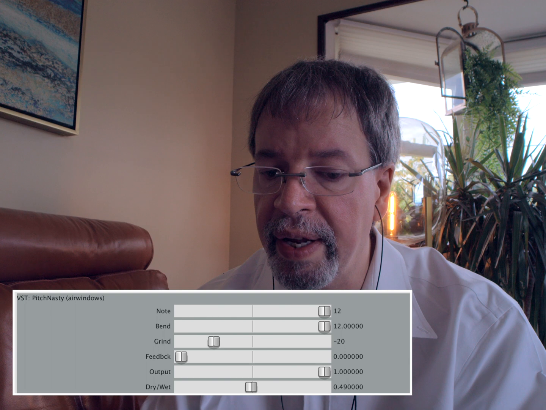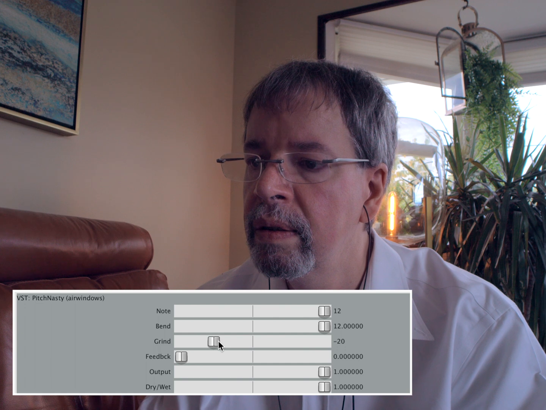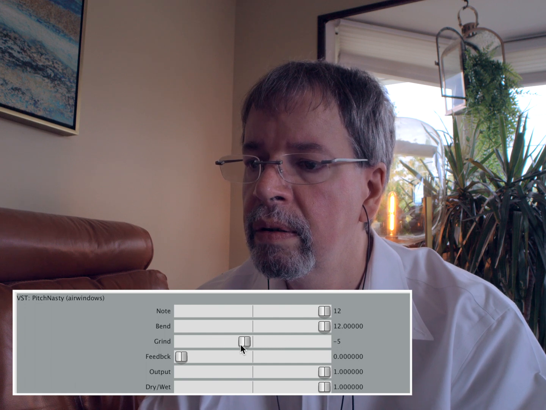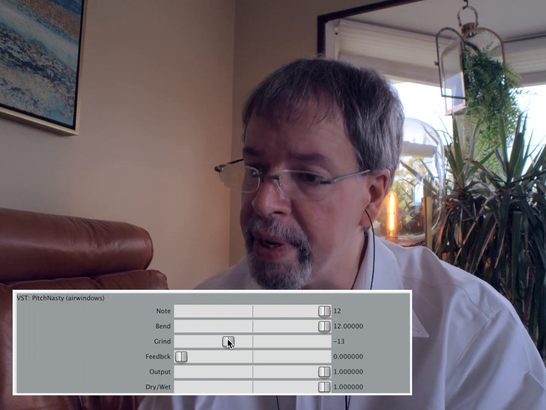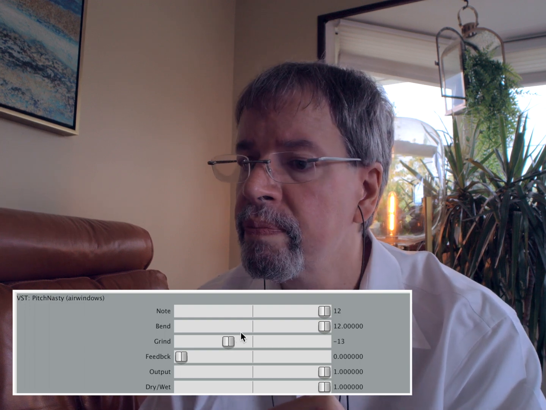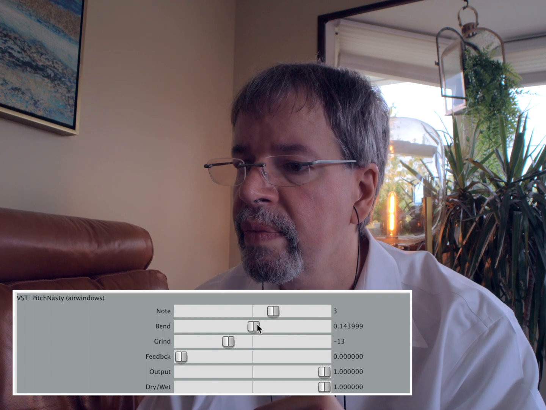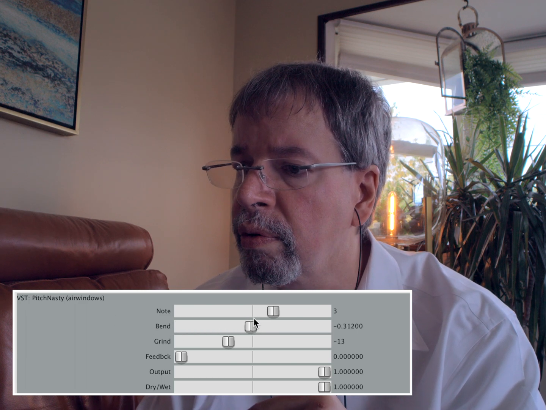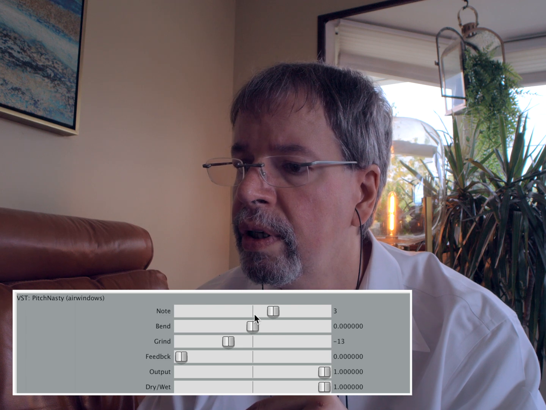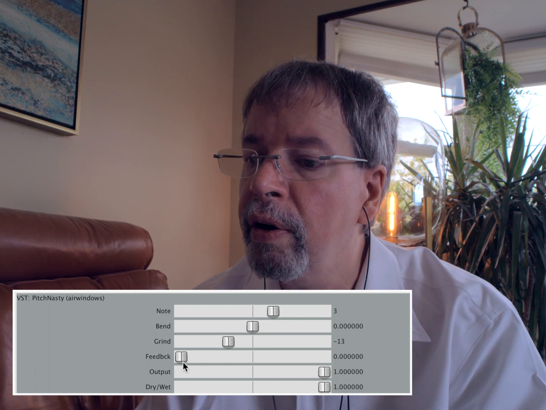So if you combine it with something like a bass, we can tune it to the bass, because grind is also in semitones. And in that way, here I found that if I set it to -12, it's easier to get to literally 0 on the bend. But wait, there's more. We can also